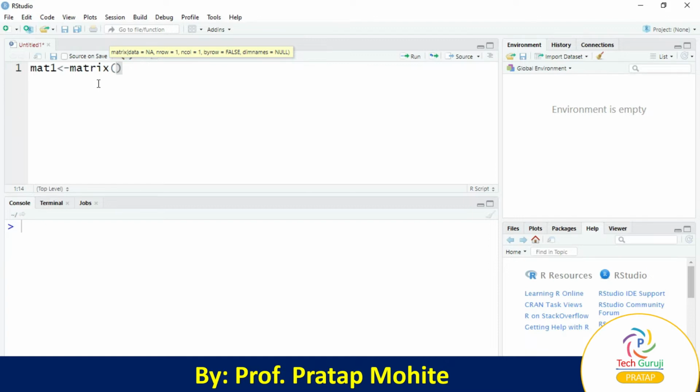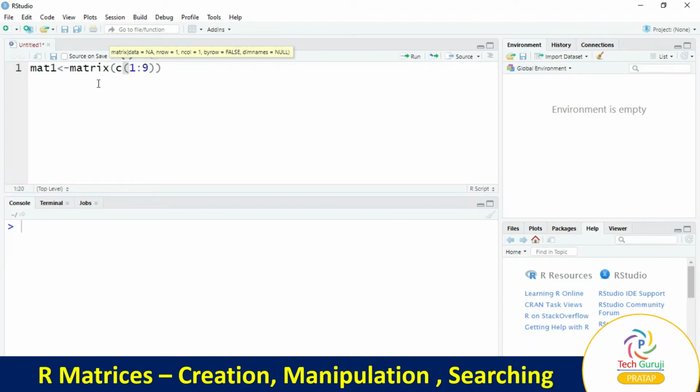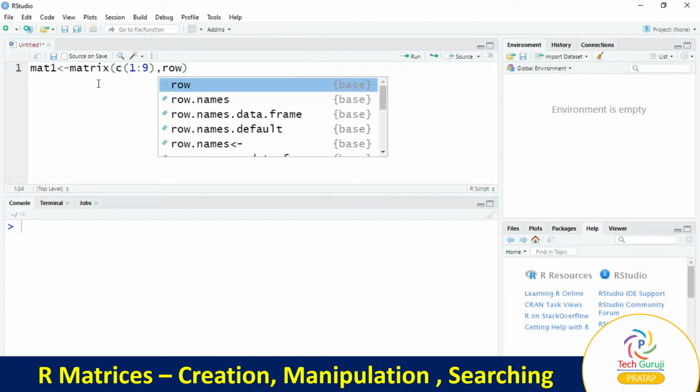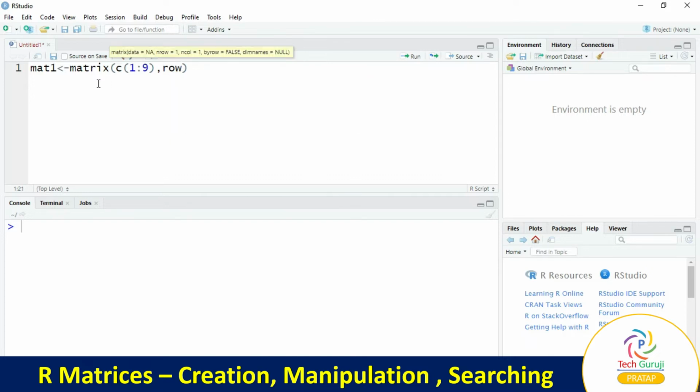And nrow. So matrix will take data. We'll take data from 1 to 9, and we'll have rows, we can say nrow is equal to 3, and we'll have byrow is equal to TRUE.